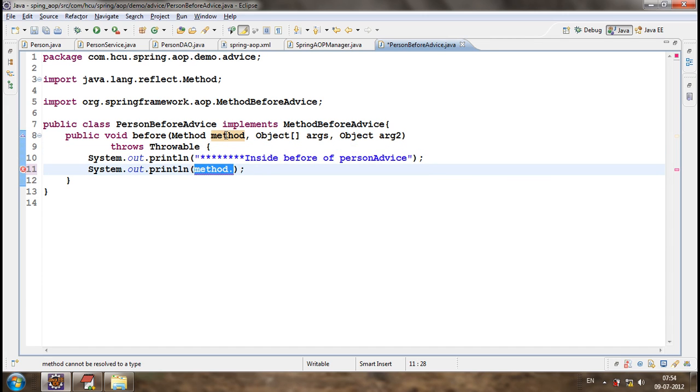I'm just printing with System.out.println. In general, this will be done in the logger, but I am printing temporarily with System.out.println, and it will be done in the logger later. Okay? Just what I am doing is,